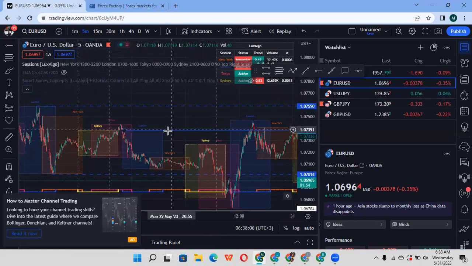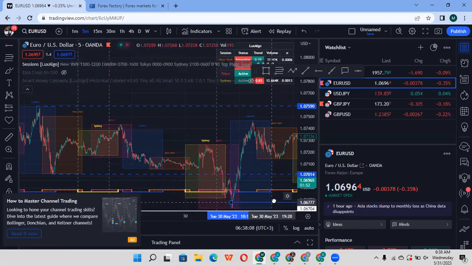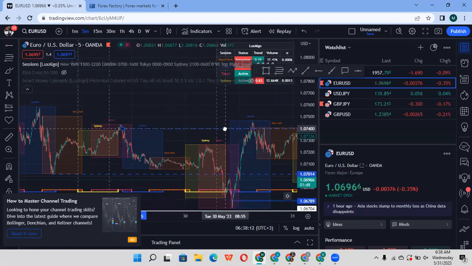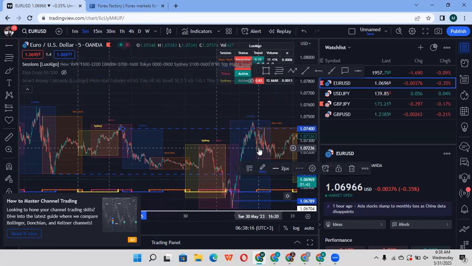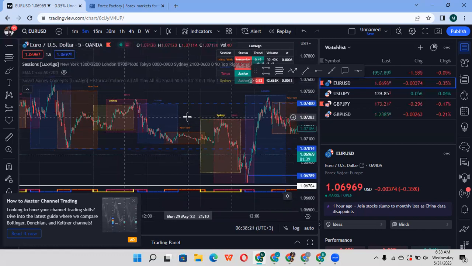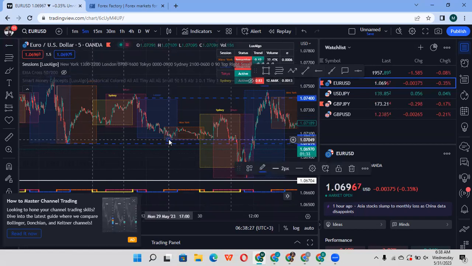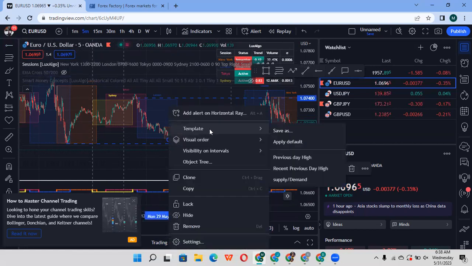No, I'm looking at it. This one should actually be on this one. So I'll put it as 2 days. So this one was London, New York for Tuesday. This was London, New York on Monday. So I'll draw it there. Highest point that it got during that day, lowest point. Where was the lowest point? Was it here? Yes, it was here. I'll draw it as